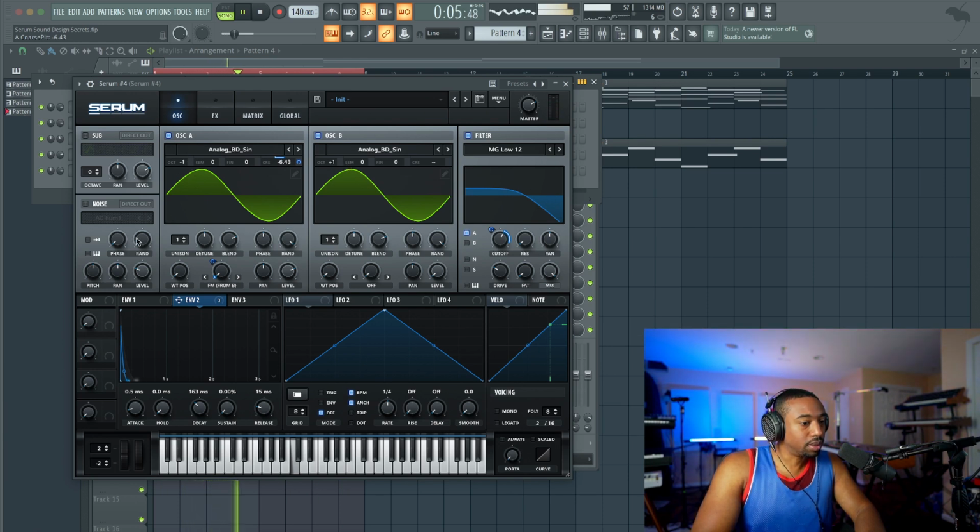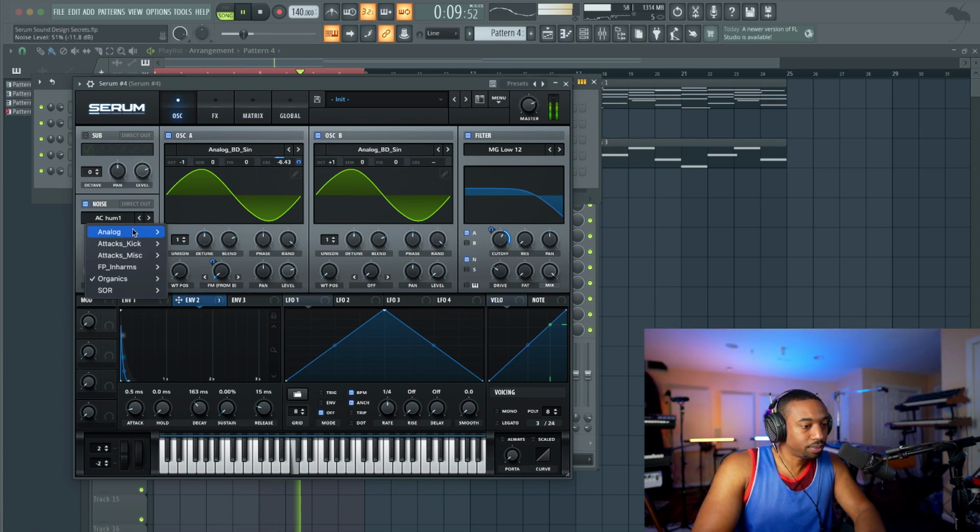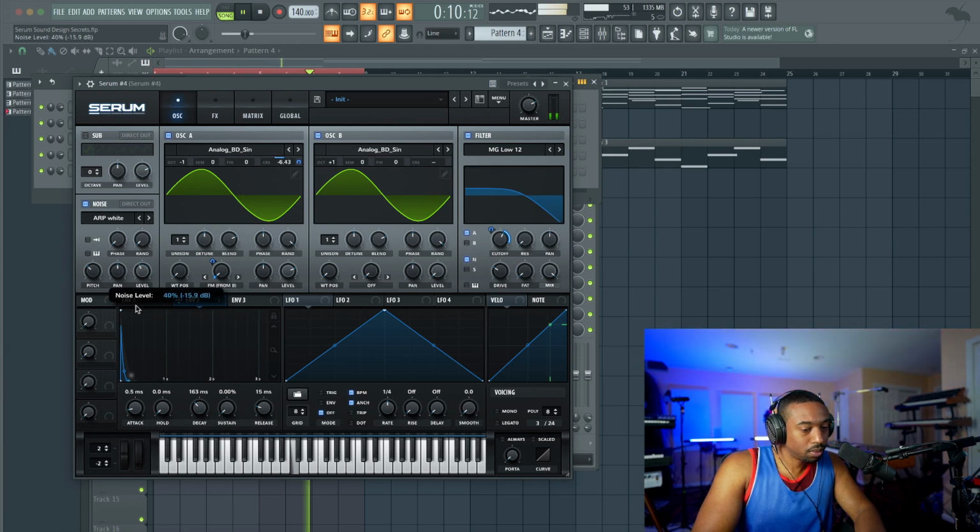It's a little low, but you can add some noise in here too to thicken up the sound. Lower the pitch of the noise. And then lower the level.